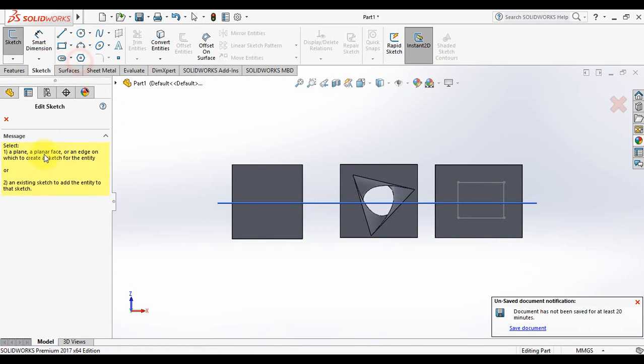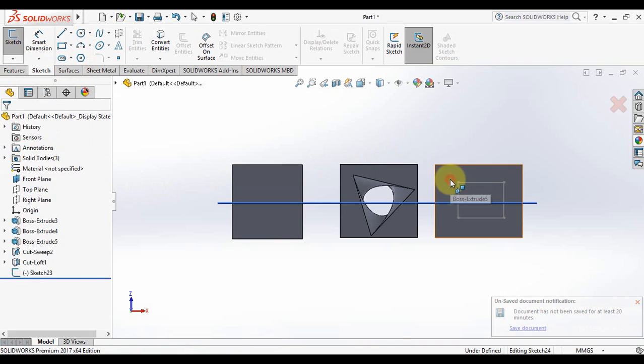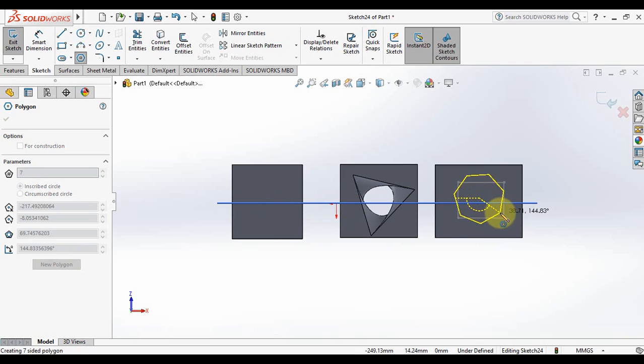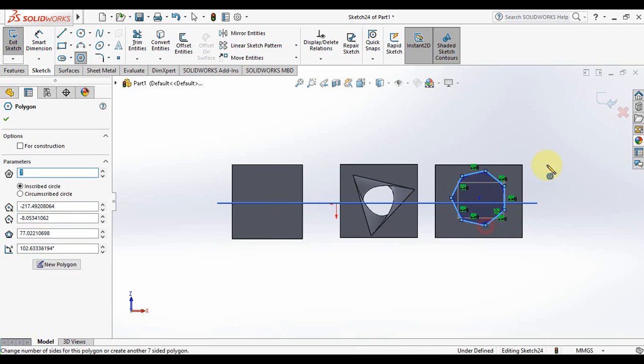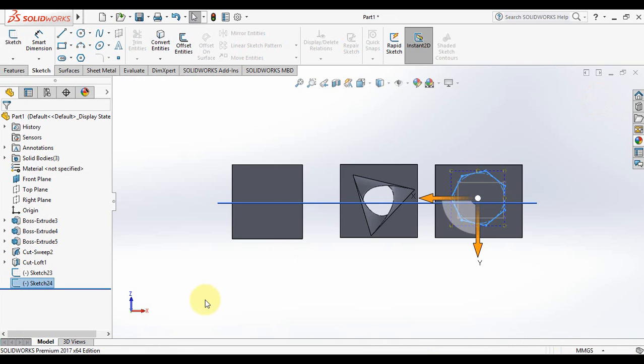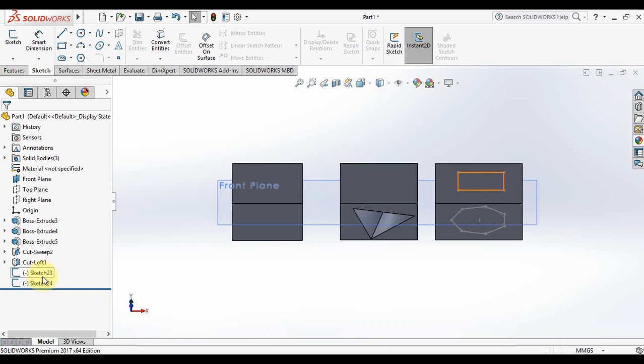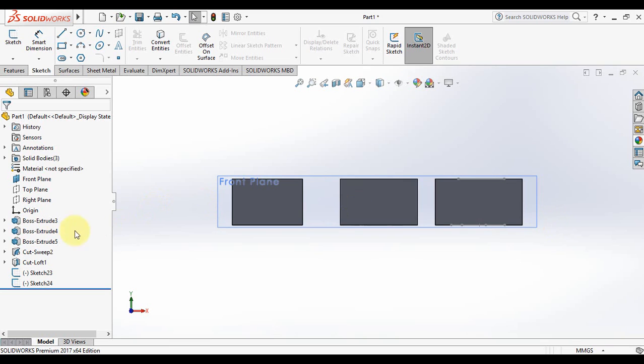Then I will make the other sketch on the other side, and I'm going to make a polygon on this surface, which is the one below, and I'm going to make it 7 sides, and it's going to be like here, and it's going to be like this. I will finish my sketch. Now I have 2 sketches. Sketch 23 is my rectangle, sketch 24 is my hexagon, and then on my front plane, so I'm going to select front plane,